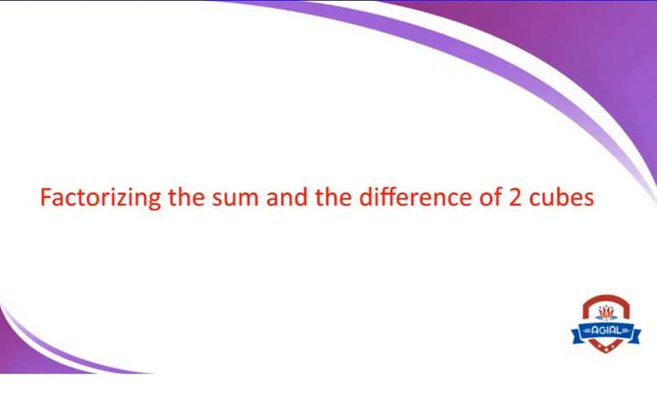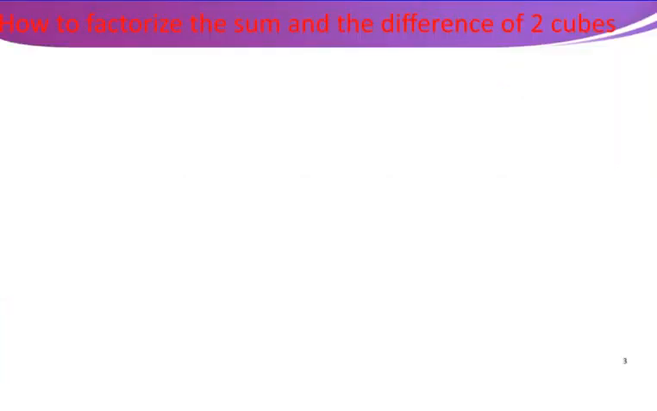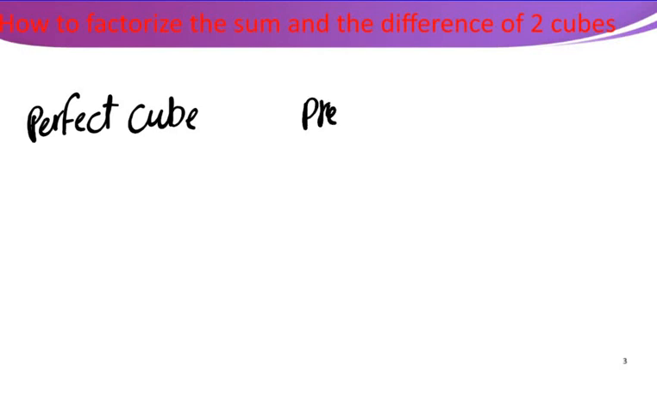Today we are going to explain factorizing the sum and the difference of two cubes. How to factorize the sum and the difference of two cubes. If we have an expression of two terms, the first term is a perfect cube and the second term is a perfect cube, and between them a positive or negative sign. How to factorize it? For example,